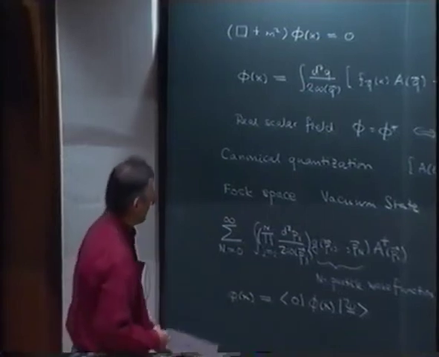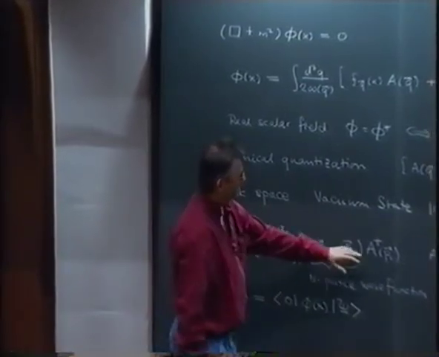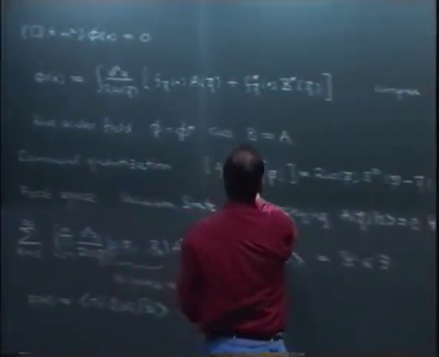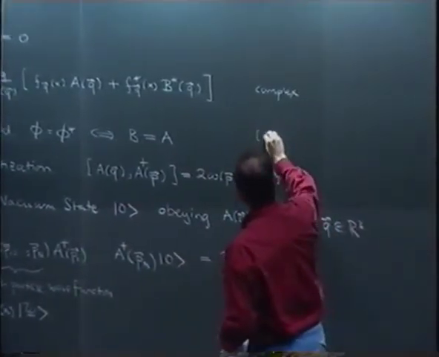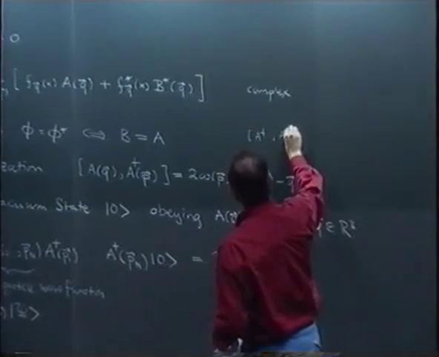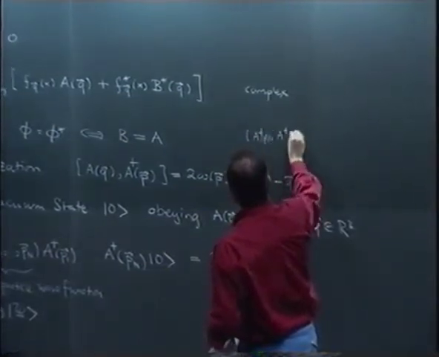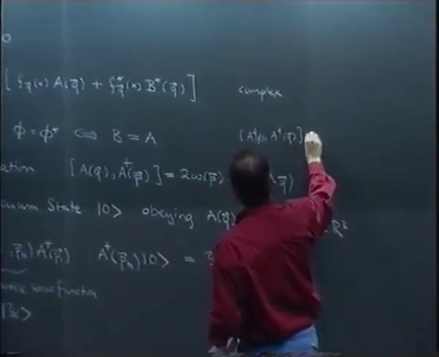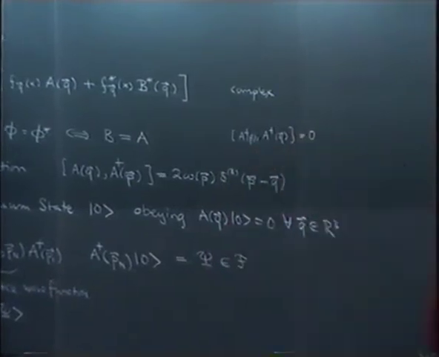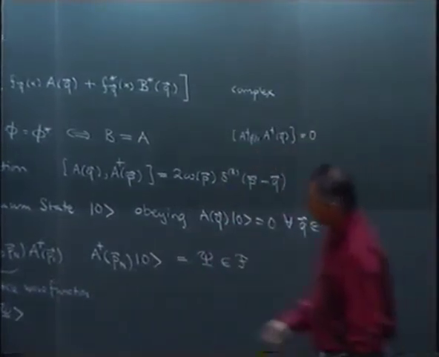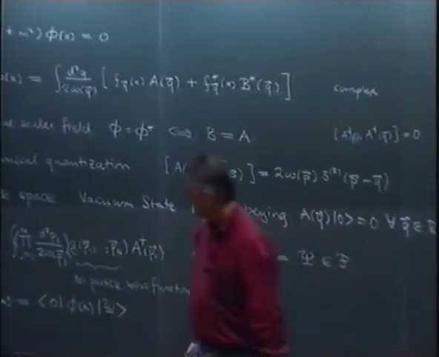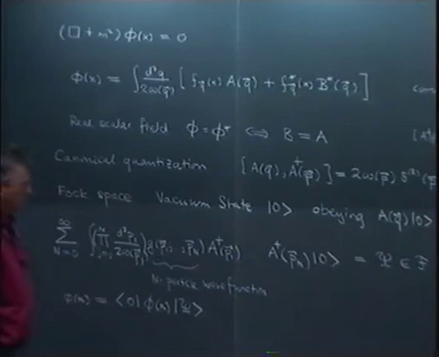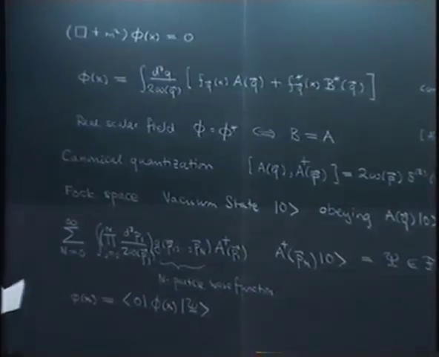One thing that you can also immediately see here is that we have commutation relations, and the one I didn't write was A dagger with A dagger, P, Q, which is equal to 0. So two of these creation operators commute, and that means that this wave function is symmetric, which in turn means that these particles are bosons as expected.